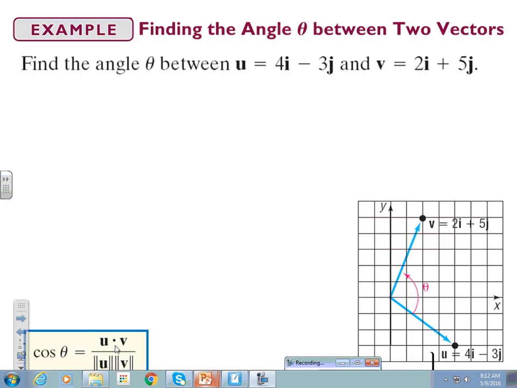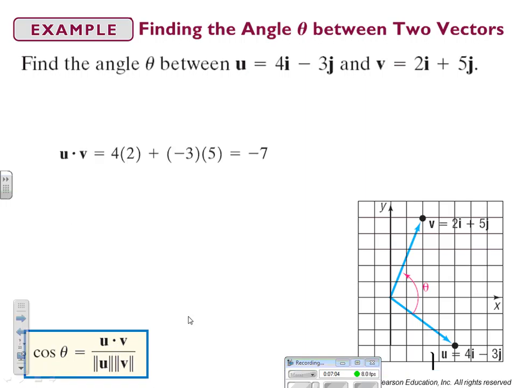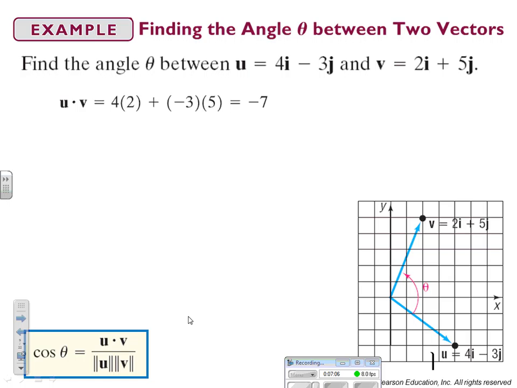We have to find the dot product between u and v. That's 4 times 2 plus negative 3 times 5. That's 8 minus 15, which is negative 7. So this part up here becomes negative 7. I need to find the magnitude of u, which is the square root of 4 squared plus negative 3 squared. That's 16